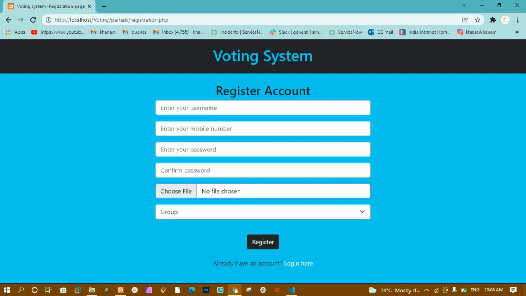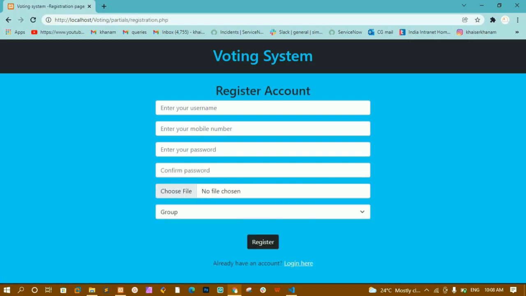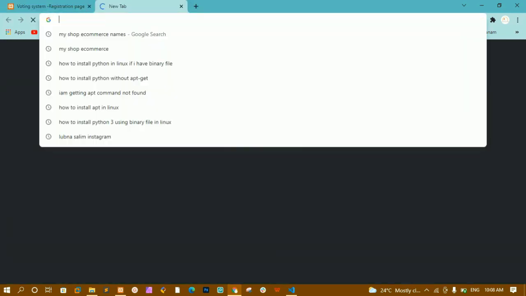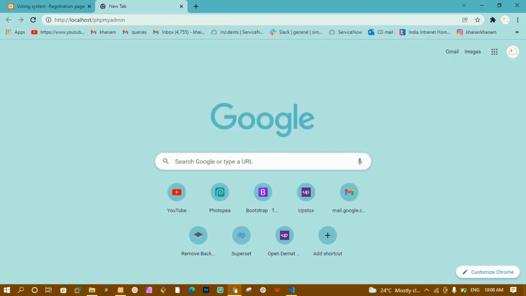Let me just come here. Once I click on login, you can see the user is directed to the home page, and inside this the user can log in. Okay, this is the basic front end part. Now we are just going to design the database. Once we are done with this, let me just open the phpMyAdmin dashboard, and inside this I will show you how to create a database, and